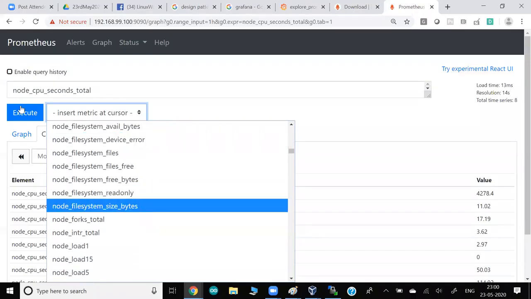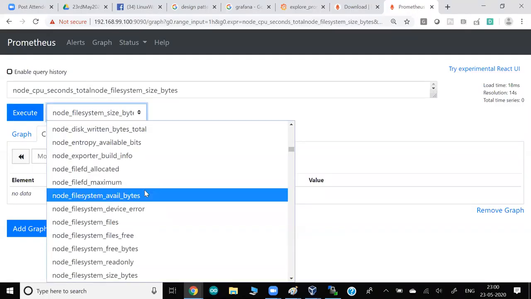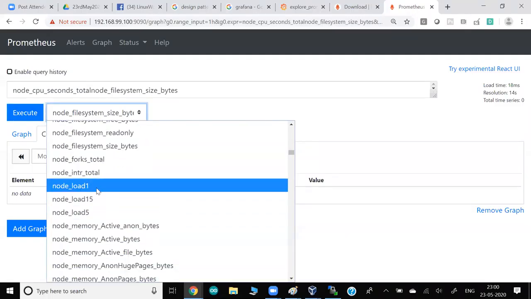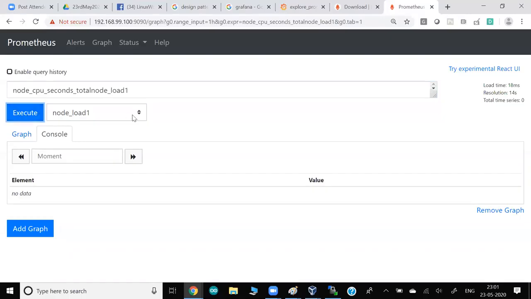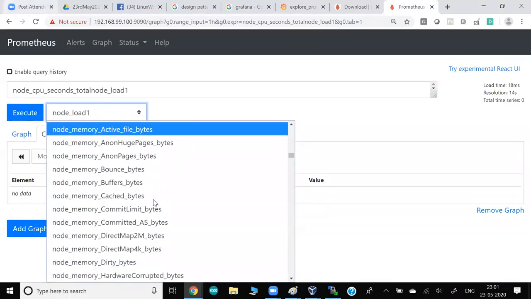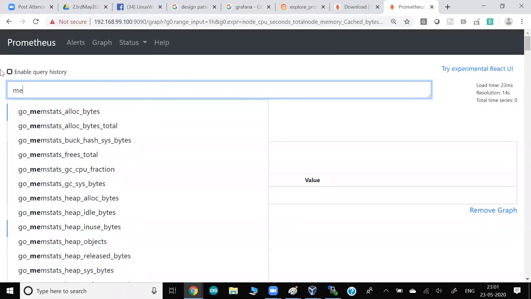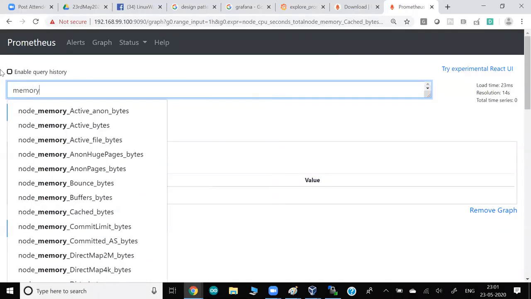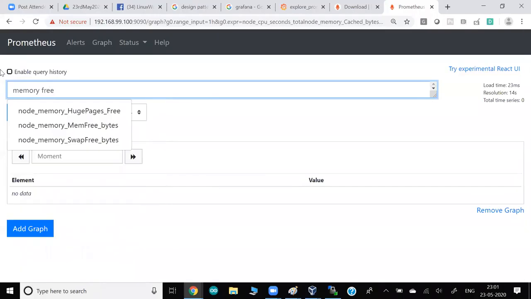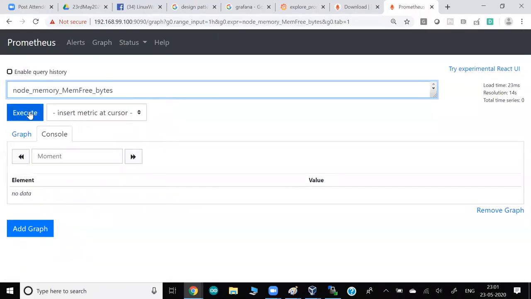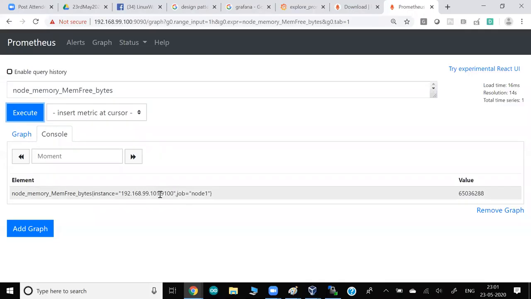They can show you the partition size. They don't have it right now because maybe there is no load on the CPU at that particular point in time. They don't have maybe memory cached, so they're not showing you here, guys. Why am I not seeing it? It should come up. One minute. Memory free bytes. Yeah, now maybe that information they might not have, right? But they're retrieving this much information.